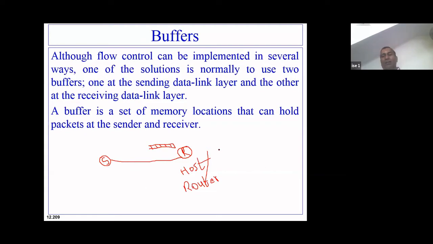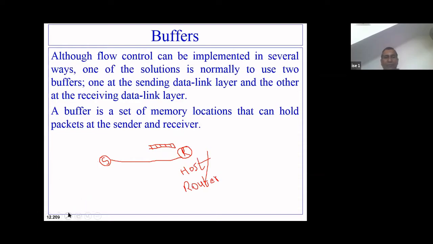Assuming that in a second it can hold only 5 packets, but the sender is sending 10 packets per second, what will happen? 5 packets will fill the buffer, and 5 packets will not find space in the buffer. So this extra 5 packets will be dropped by the receiver, right? That is what happens.